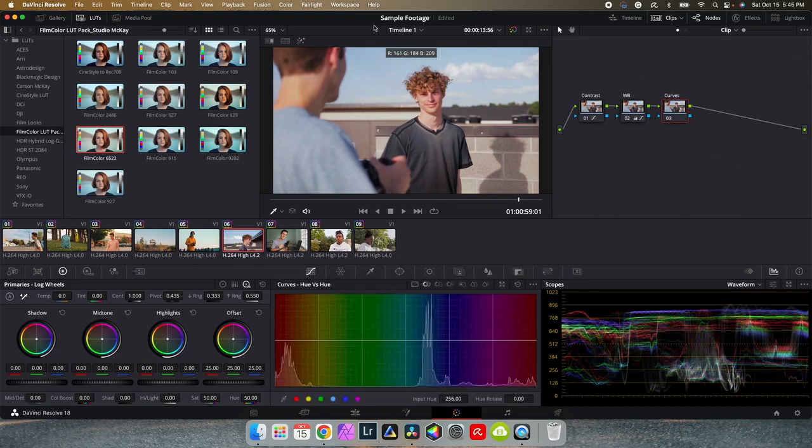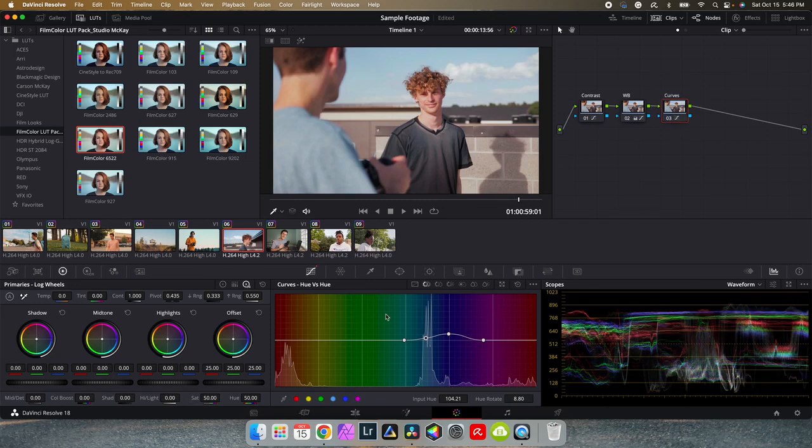Now under my hue versus hue, I do want to change the color of the sky here, so I'm just going to go ahead and click on the sky, and it creates a couple points automatically down here. And I'm just going to move these colors a little bit towards that more cyan region, and that's looking pretty good. I'll widen this selection area just to make a more gentle adjustment, and I'll bring it up a little bit more here. Something like that looks pretty good. We'll disable this